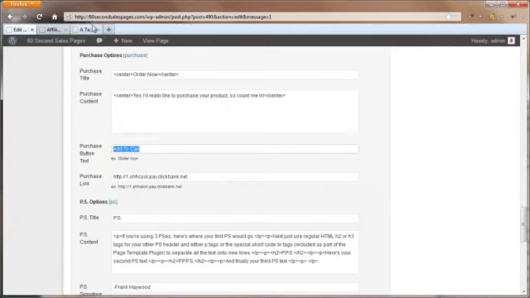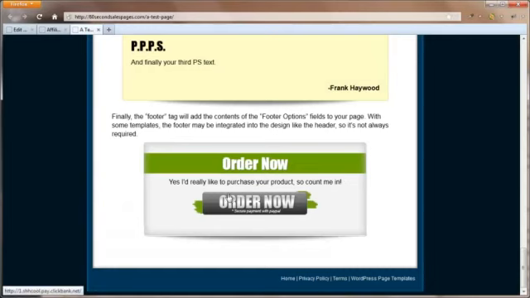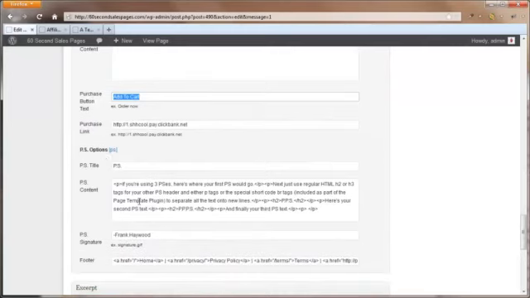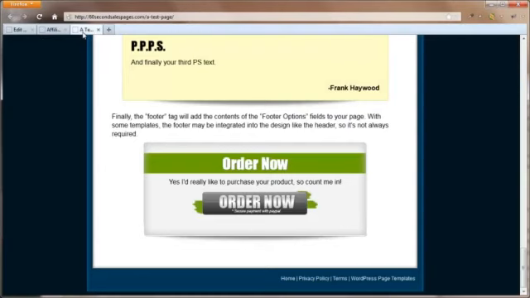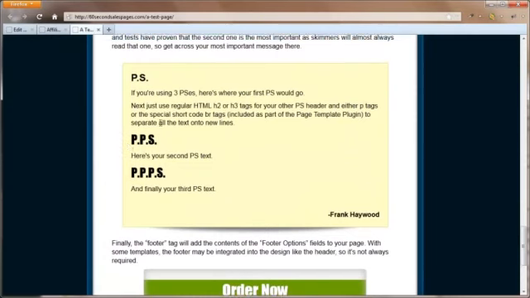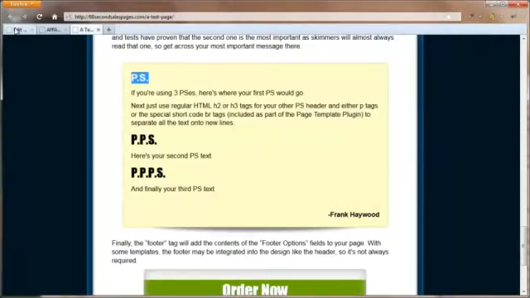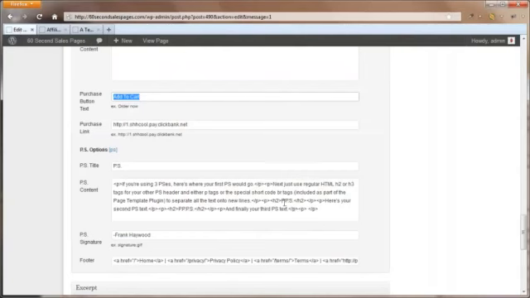Then an add to cart text, which as I said doesn't work on this particular one. A purchase link, and then your PS data. Now you'll notice that with this design, I just spotted the PS here. If we just look at the selection source for that, you can see it's an H3 tag, and I think by default the preset creates H2 tags. So yes, it does. So if we just change those to H3,